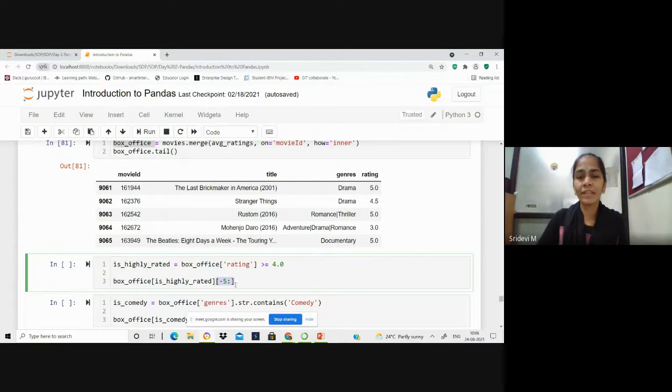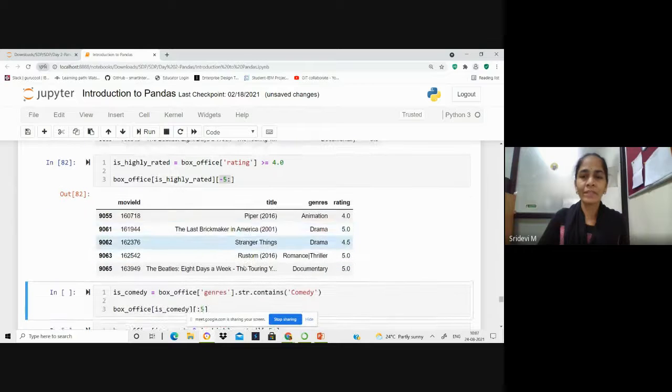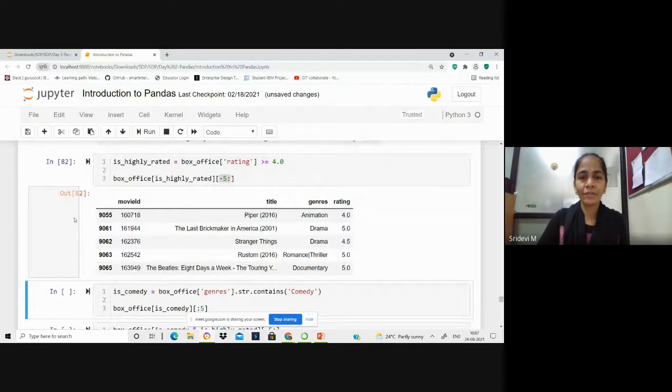This we are slicing out, though we have many data points filtered out into the result. We are just preferring to view only the last 5 data points by giving -5 in the slicing operation. When we execute this, we can see the last 5 data points in this highly rated data frame,